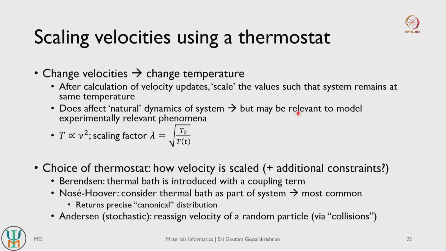When you fix your temperature to be constant, such conditions may actually be relevant to modeling your system and to get experimentally relevant phenomena, right? So for things such as diffusivity as a function of temperature, you need to fix your temperature, right? And fixing the temperature actually plays a role in determining the dynamics of your system. So even though this is a deviation away from what we would consider natural dynamics of a system, this may still be relevant to modeling the system accurately, or at least making the model experimentally relevant.